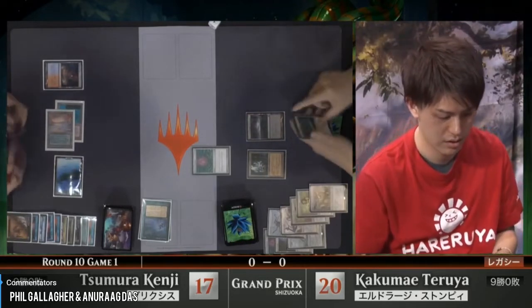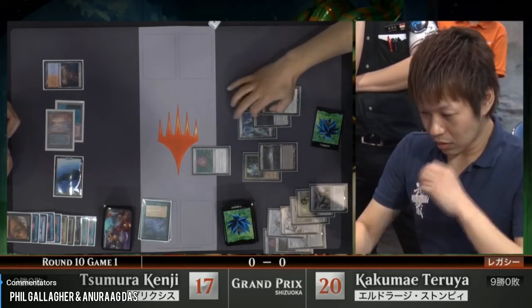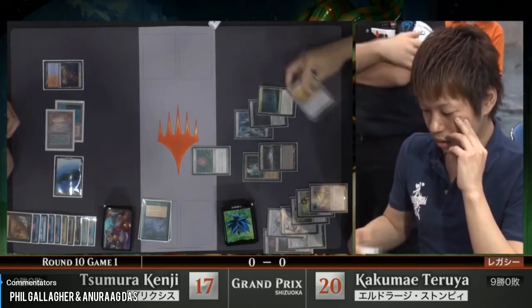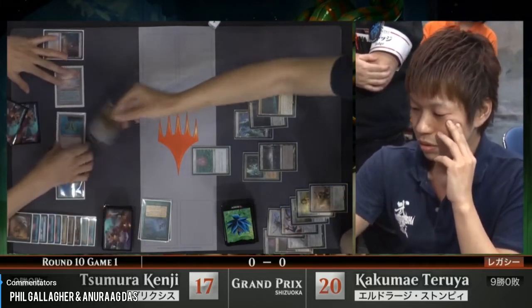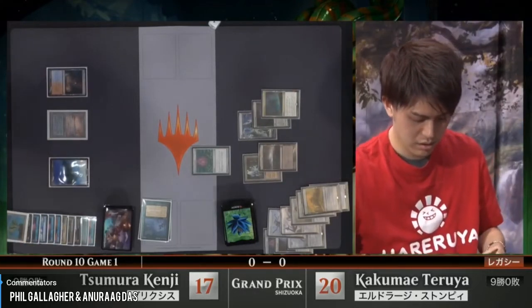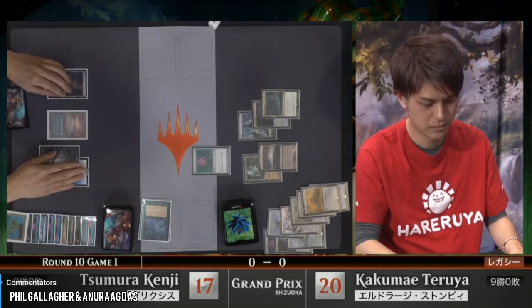The Edict is going to take care of the Thought-Knot Seer. Did you see if Kenji fetched beforehand or not? I don't see a fetch land in the graveyard there, no. We've got the Brainstorm followed by the Diabolic Edict, and now we see a Wasteland taking off the Volcanic Island. All right. So the Snapcaster Mage looks a little bit embarrassing in the face of the Thorn of Amethyst, but...